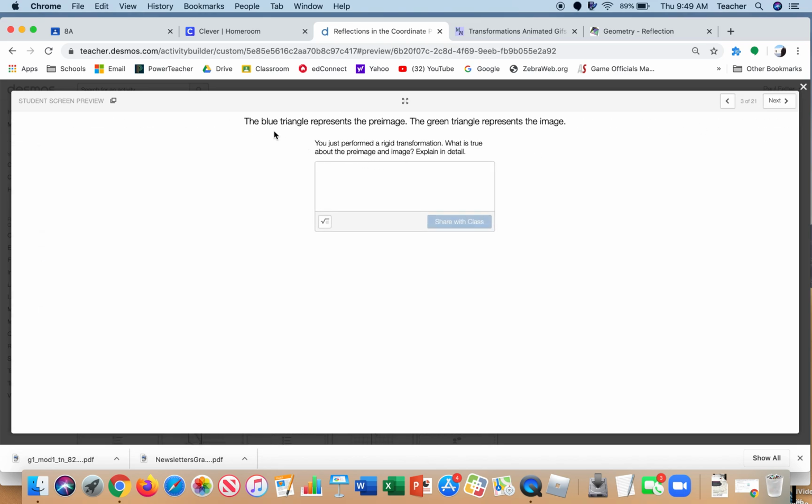This question says, the blue triangle represents the pre-image, the green represents the image. You just performed a rigid transformation. Rigid means that we're not making it bigger or smaller, we're not changing the size, which is called a dilation. So it's going to stay the same size and the same shape. What is true about the pre-image and the image? Okay, the pre-image and the image are the same